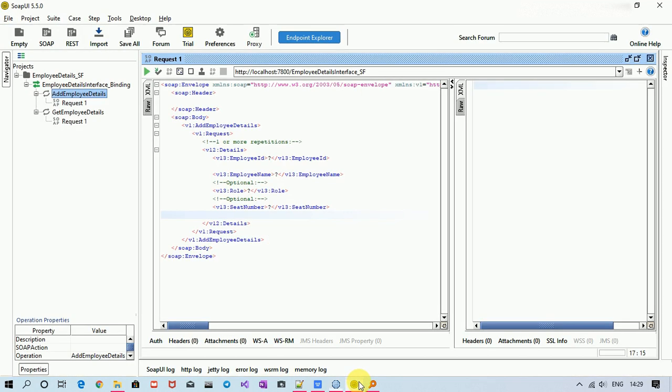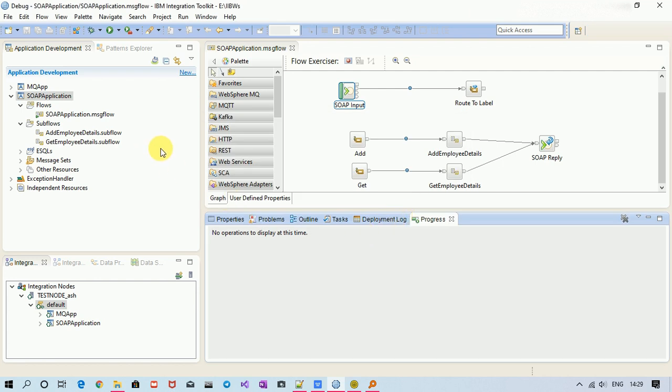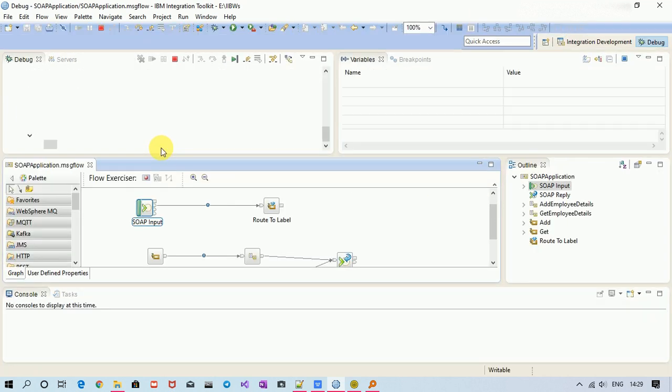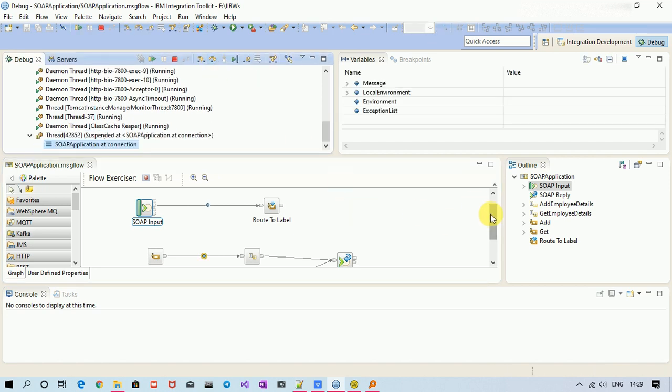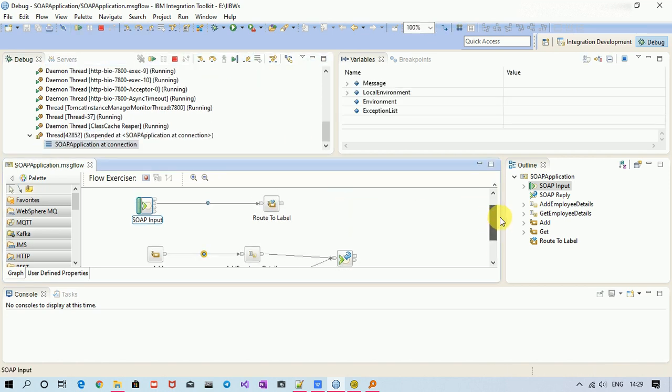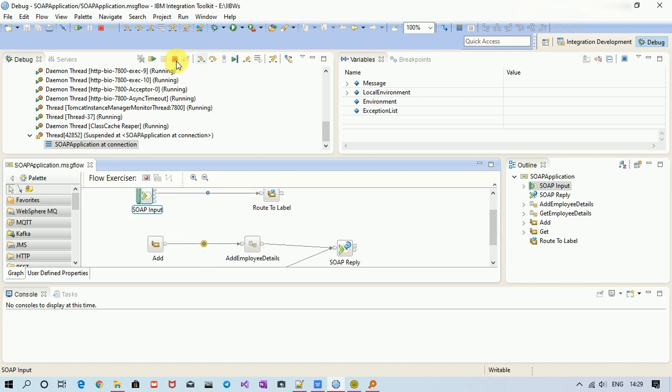Let me hit the add operation. Debugger is launched. Now let me proceed. See, automatically my control went to the add operation, right? So let me complete this flow.